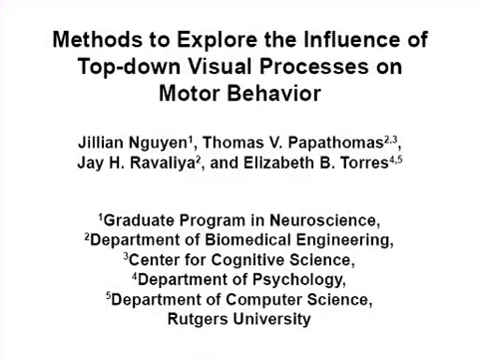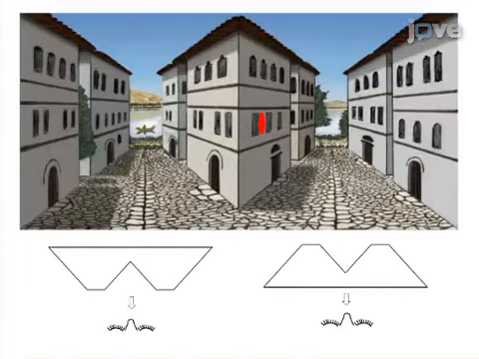The overall goal of this procedure is to develop a methodology using a 3D depth inversion illusion to clarify the role of top-down visual processes on motor action. This is accomplished by first constructing an apparatus that presents a robust 3D reverse perspective stimulus to perform reaches under